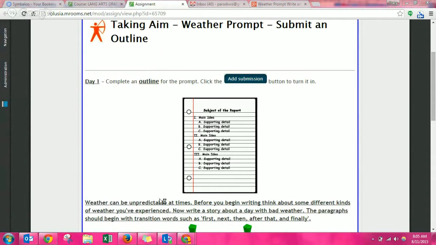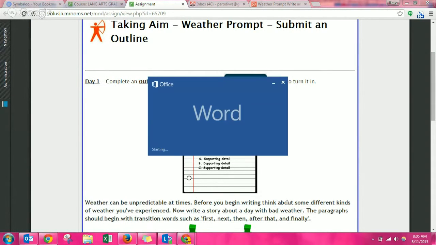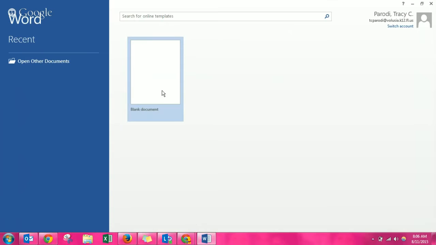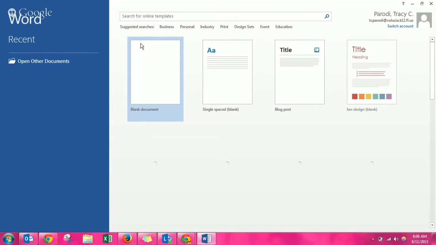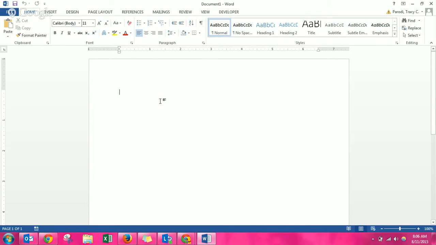It says weather can be unpredictable at times. Before you begin writing, think about different kinds of weather you've experienced. Now write a story about a day with bad weather. The paragraph should begin with transition words such as first, next, after that, last, blah, blah, blah. We click on a blank document and we're writing an outline so that we can organize our ideas before we